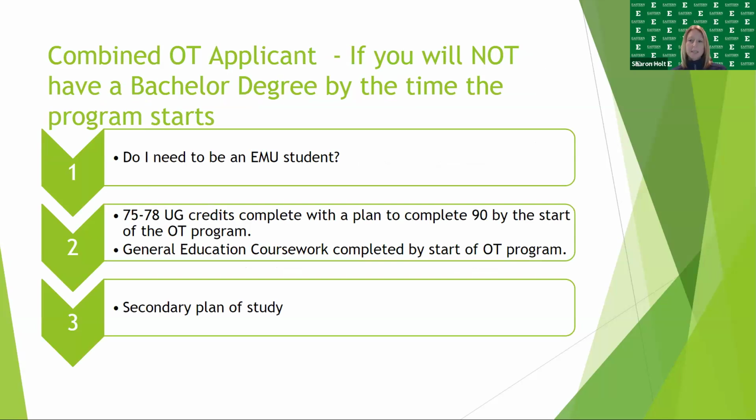Some common questions that we receive include, do I need to be an EMU student? And when can I actually apply to the program? The answer to the first question is yes, you do need to have your information in the EMU system. And if you are at another institution, this does not mean that you need to transfer over to Eastern, but we do want you to apply to Eastern, send us your transcripts, get them into the system, and have your